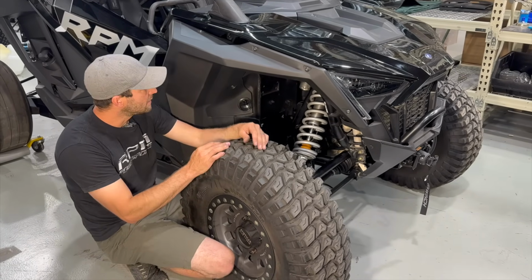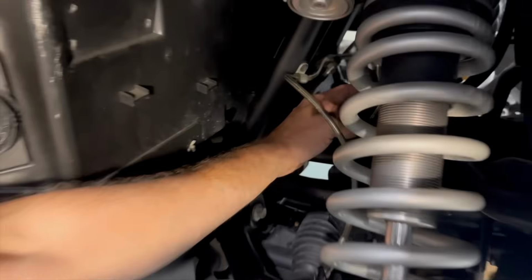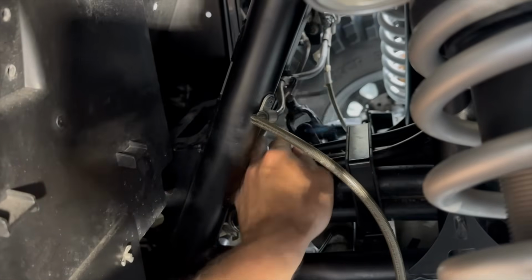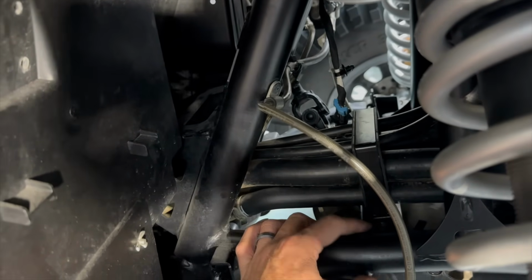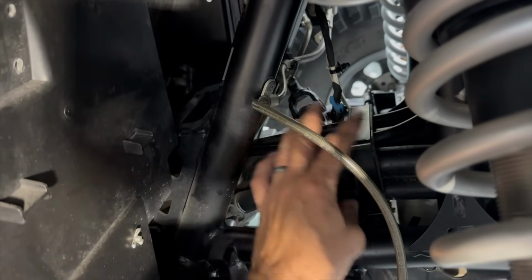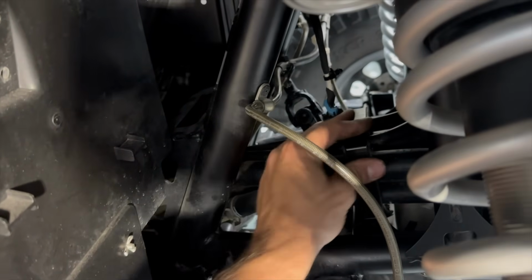So what I like to do is reach in here. First thing you're gonna do is obviously get your differential plug unclipped from the chassis. So you kind of just leave this thing hanging. Next thing, there's a T40 Torx right here on this strap. We're going to remove it, take it off of the hoses, and let these hoses just kind of hang out, because this is kind of where the air deflector wants to cross through,